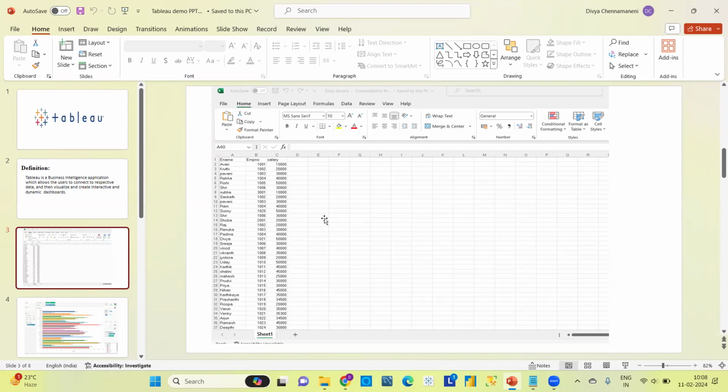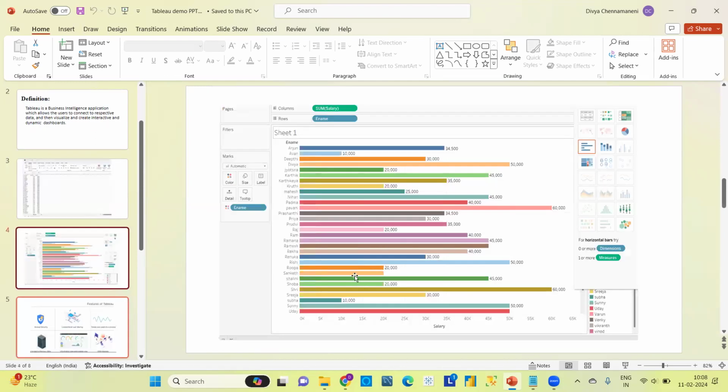You may apply some filters, but still it will take some time and you need to waste your energy doing this, right? But if I show you this picture and ask the same question, you can tell me very quickly, right? Let me tell you, this is a screenshot of the Tableau tool and this is a bar graph, okay?